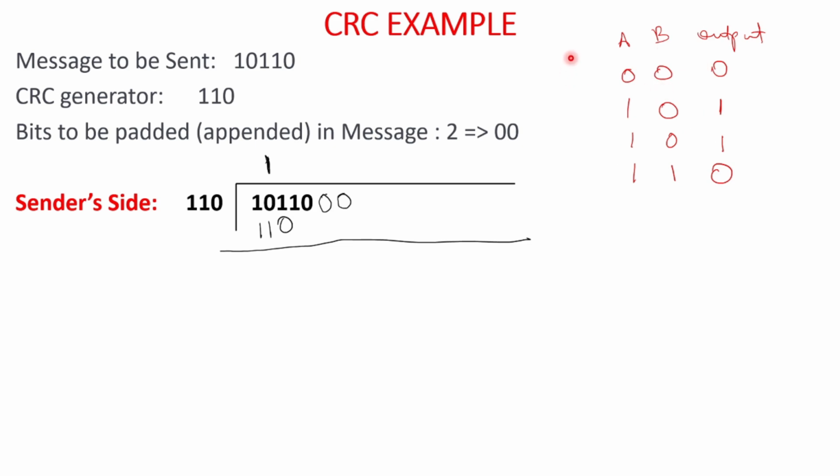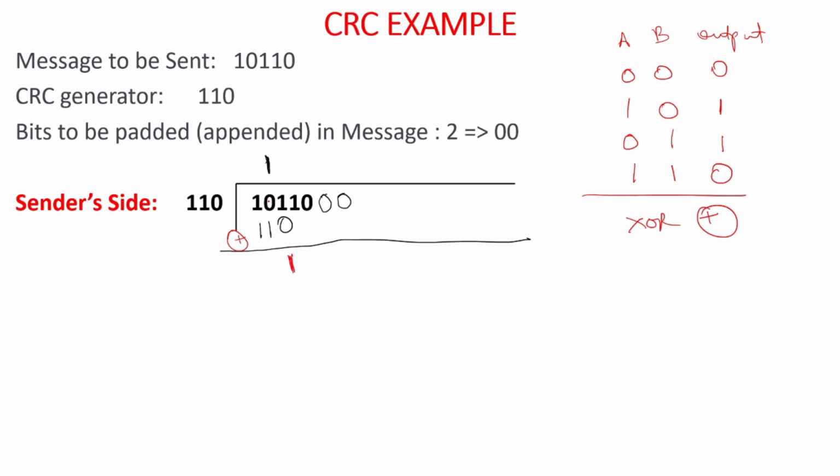So we have to do the XOR operation. So XOR operation means what? This is the symbol which notifies the XOR operation. So now do the XOR operation. When inputs are not same, see here 1 is there and here 0 is there. Here input is 1, here input is 0. So when the inputs are not same, output will be what? When inputs are not same, output is 1.